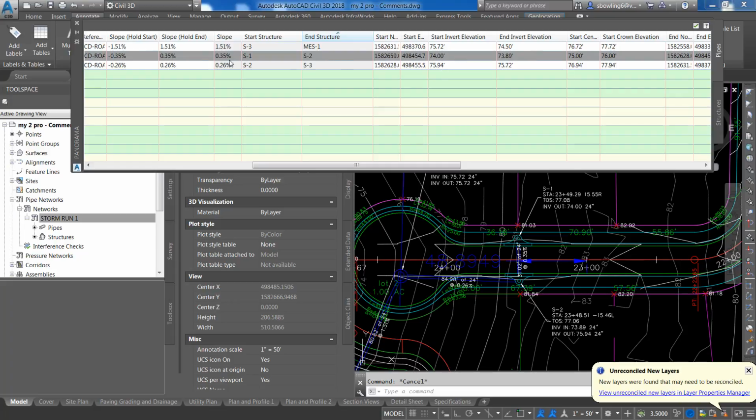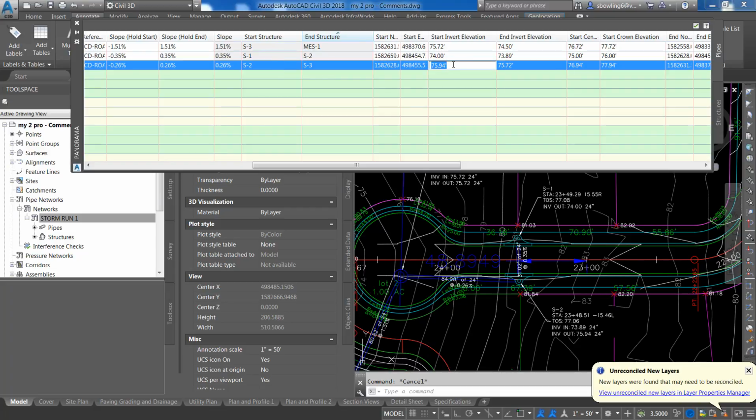Now see what it does? Since I'm holding the start elevation, it allows me to go downhill. So I go negative because I want it to go downhill. Now, the next pipe, S2 to S3, this row, this elevation here, the start elevation, needs to be the same